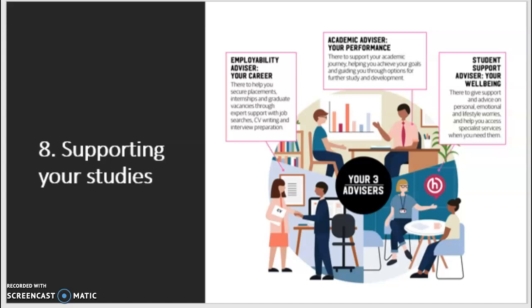You'll also have your student support advisor, which will support you with your well-being, and the employability advisor who supports you with your career, for example, building your CV during the degree and support you in going on to employment or postgraduate study when you graduate. More information about these advisors and who they are will be covered in the induction lecture in Induction Week, and you'll be able to meet them in person. In psychology, we see student support as central to your transition and progression through the degree.